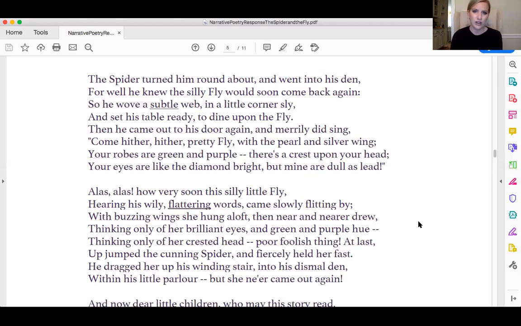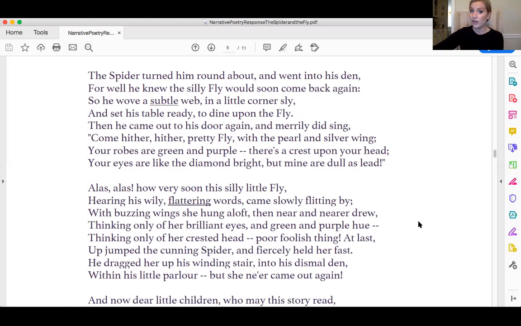Alas, alas, how very soon this silly little fly, hearing his wily flattering words, came slowly flitting by. With buzzing wings she hung aloft, then near and nearer drew, thinking only of her brilliant eyes and green and purple hue, thinking only of her crested head. Poor foolish thing, at last! Up jumped the cunning spider and fiercely held her fast. He dragged her up his winding stair into his dismal den, within his little parlor, but she never came out